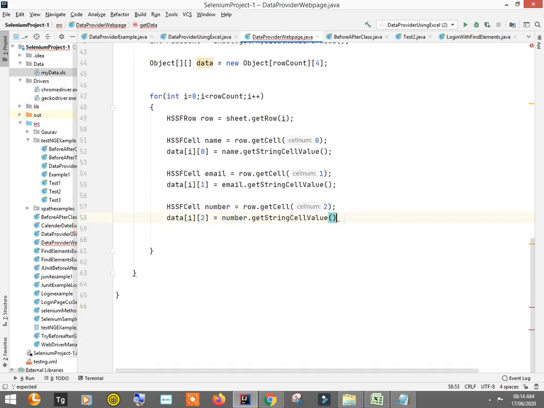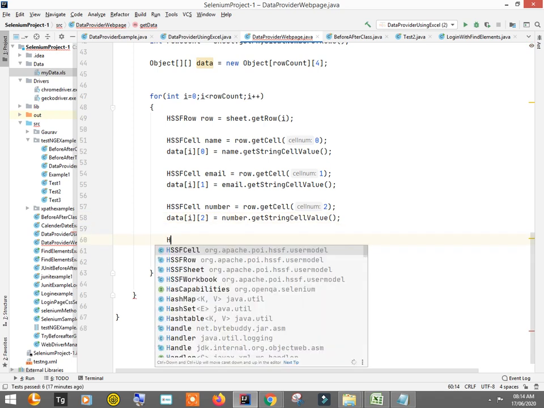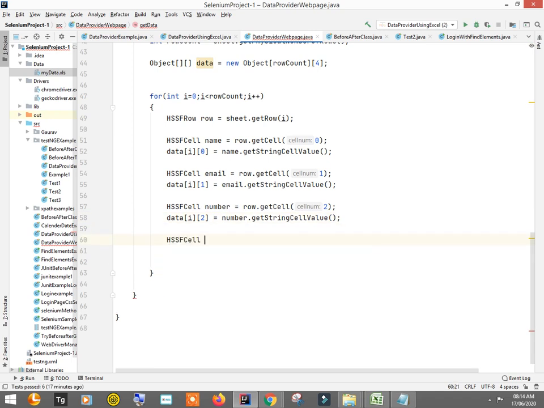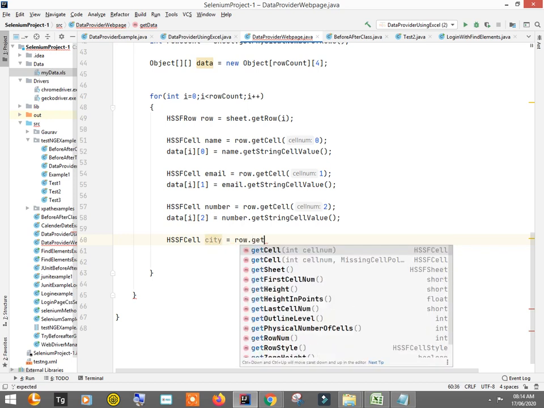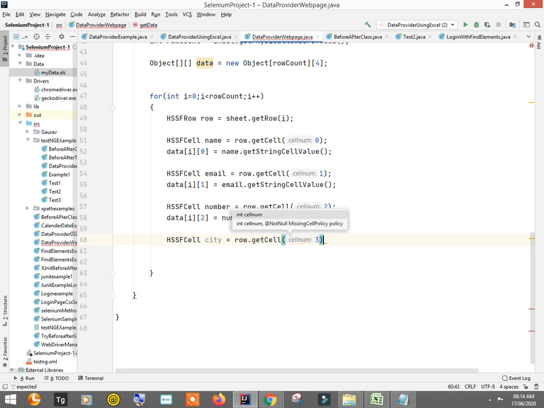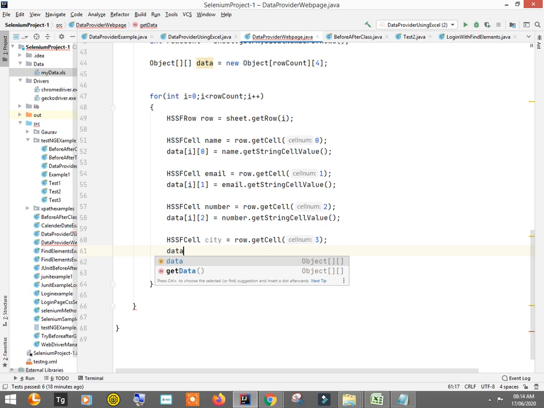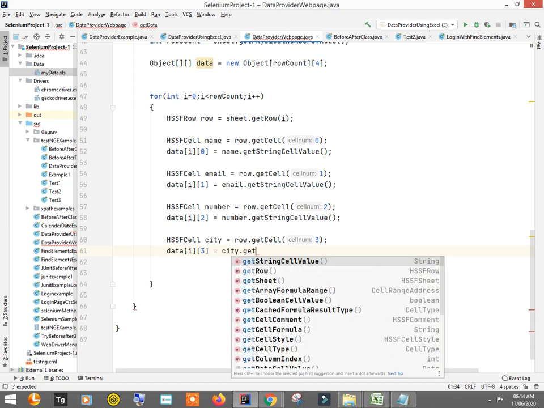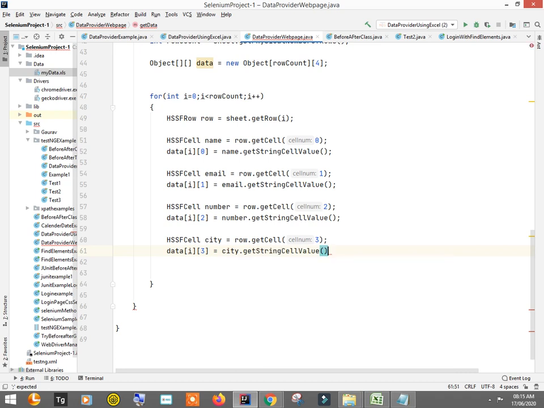And the last one, HSSFCell, let's suppose city, is equal to row.getCell(3), then data[i][3] is equal to city.getStringCellValue, like this.